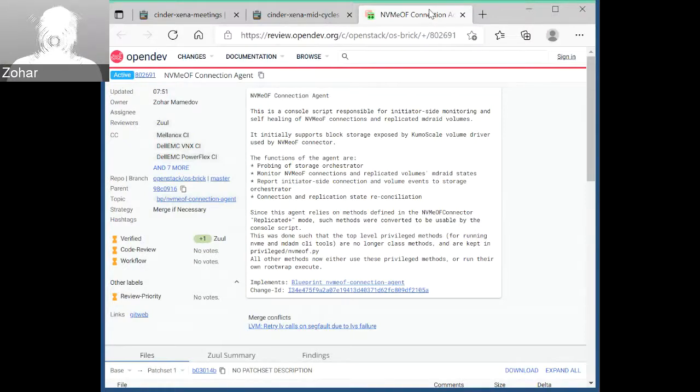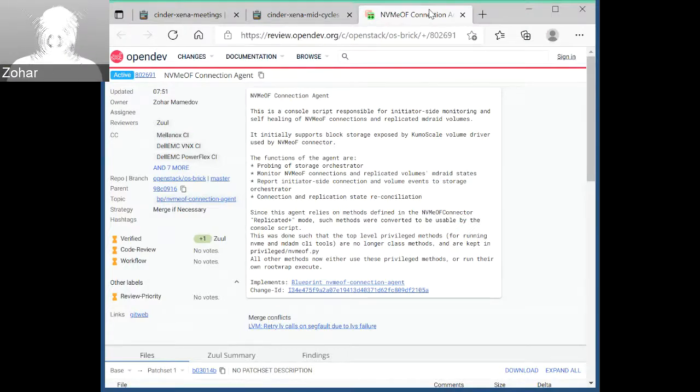So it needed its own root wrap context. Instead of the higher-level OpenStack service passing down an executor with all of these specific methods and objects, the console script needed to use privileged methods without having to reference itself.